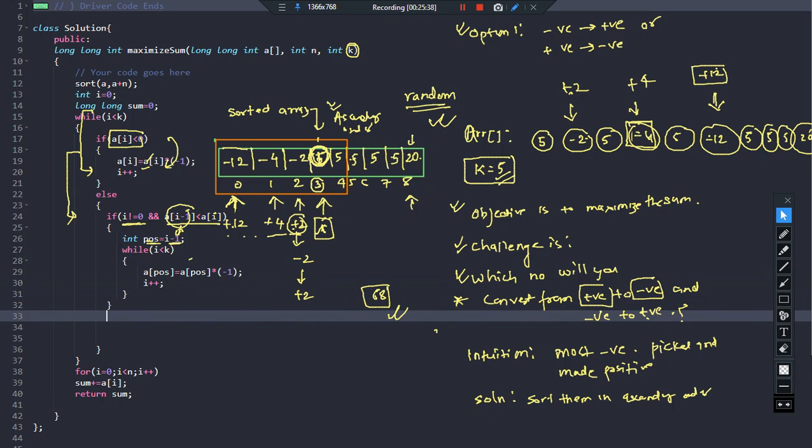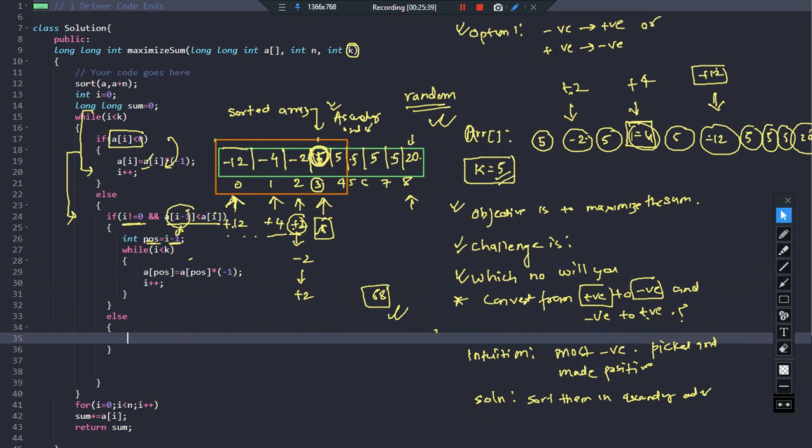And if we find out that none of the above conditions is true, that is, if I is equal to 0, in that case definitely all the changes should take place in this number itself, because this is the first number. Or it might also happen that I is not equal to 0, it is true, but this number is greater than this number.